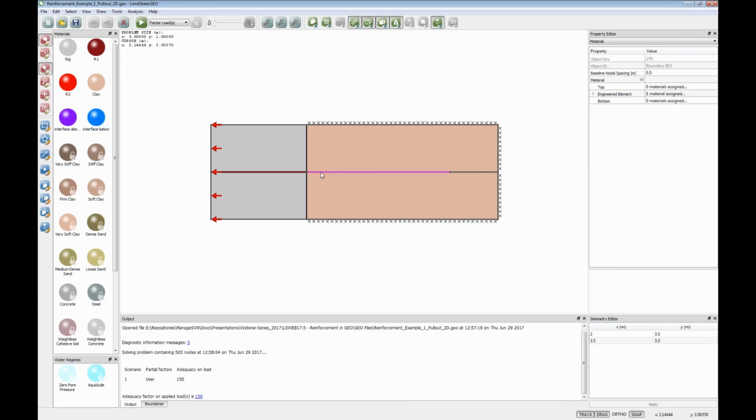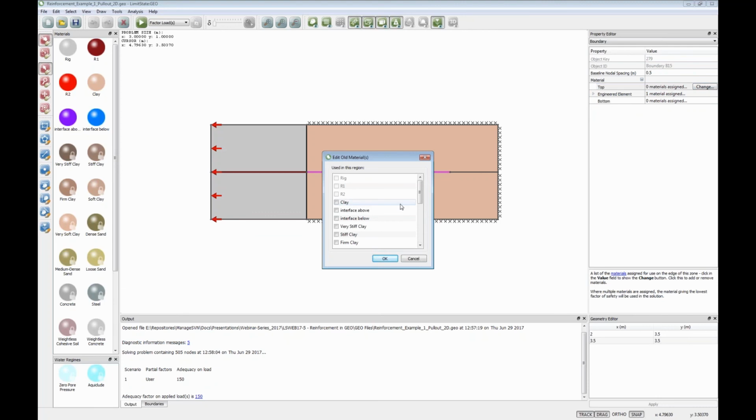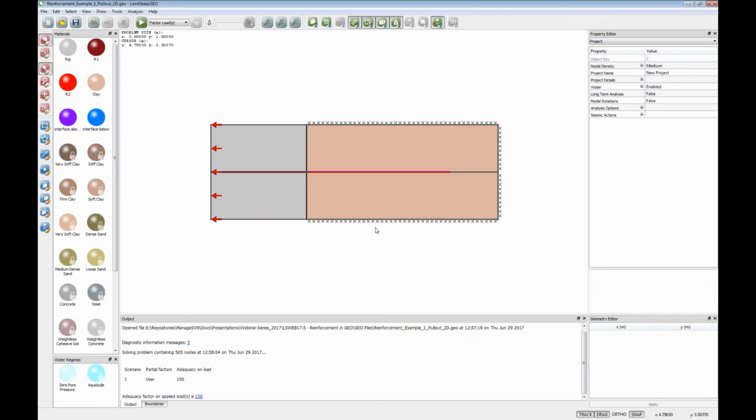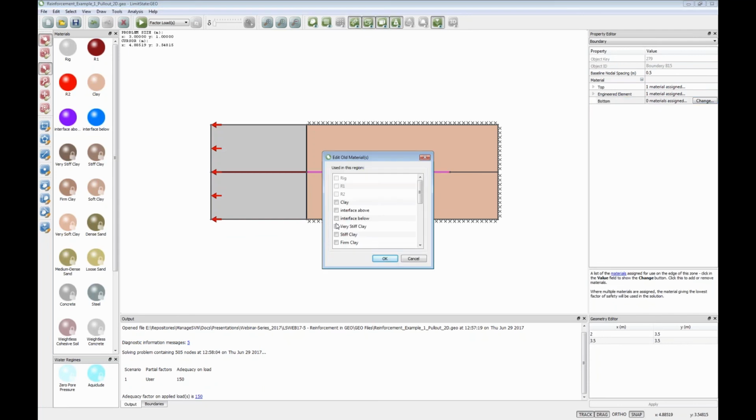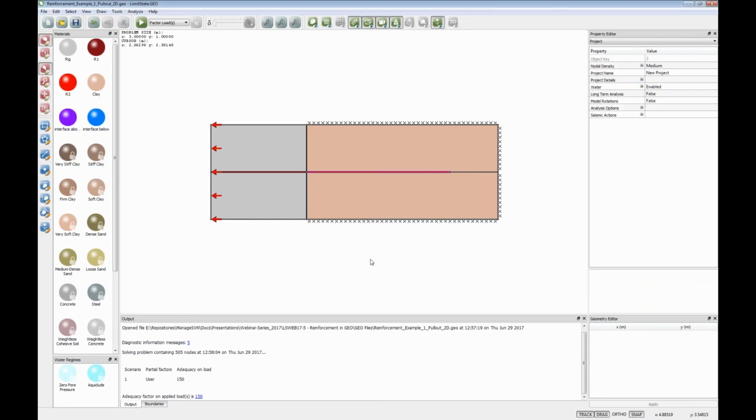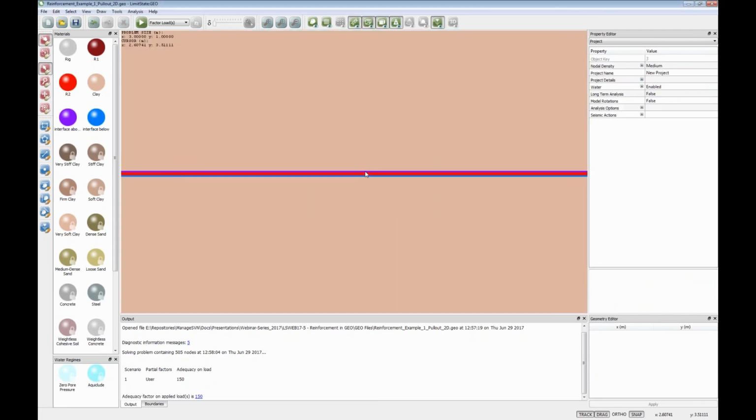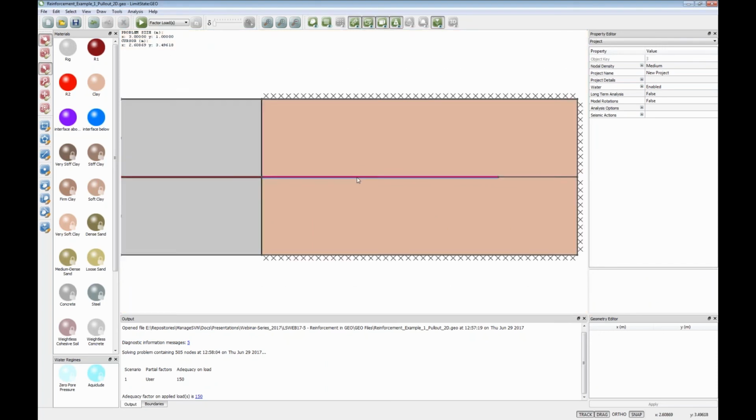So I can apply that in several ways. If I click on the element, you'll see I can put a material on the top and the bottom. So if I click here and click change, I can add what I want. So here I want the interface above, and then if I click on there again and click on the bottom one, I can select interface below. So now if we zoom in, you can see that those materials are actually shown there,